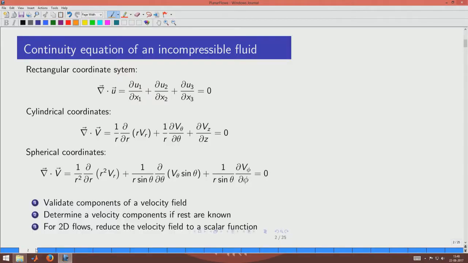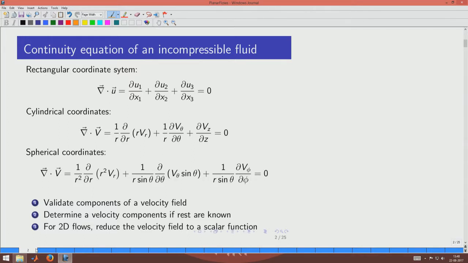So, welcome to the session on planar flows as part of the NPTEL MOOC on transport phenomena in materials. By planar flow, we mean flow field where the velocity vector has only two components, and we can also call them 2D flows. So, a quick recap of the continuity equation which we derived and used in the previous session. So, we are writing here the continuity equation for an incompressible fluid, and if you take the general three